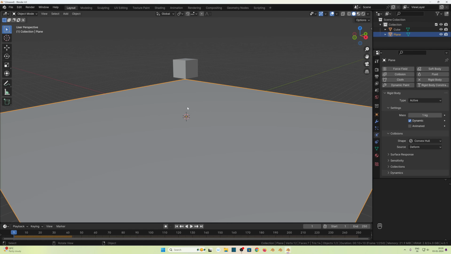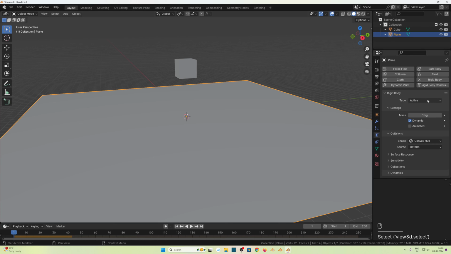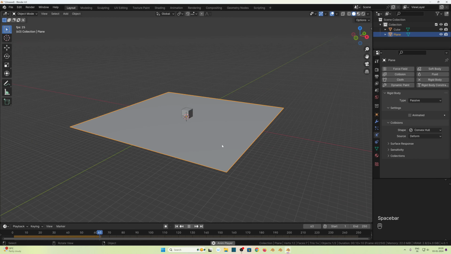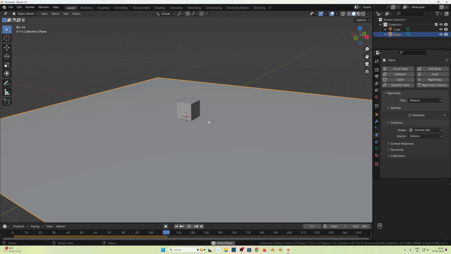We need the plane to stay exactly where it is as a ground. So select this, go here and change this to passive. Currently it is active, change this to passive. Now if I press play, as you can see, plane will stay exactly where it is and the cube will